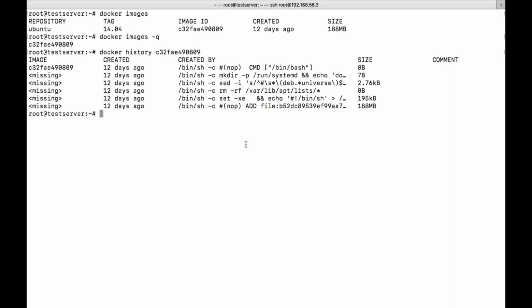Operating system in the sense, let us say an Ubuntu image will have only Ubuntu related libraries and binaries and the file system. If you say a CentOS image, then CentOS related file system will be present in that particular image. If you create a container using that, it will have only that particular file system.